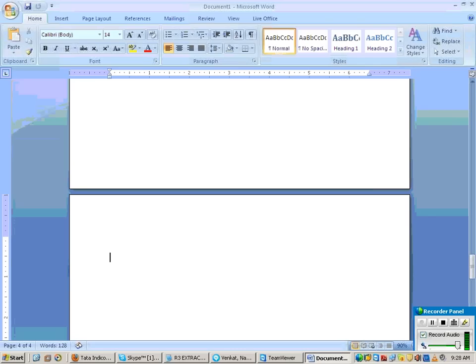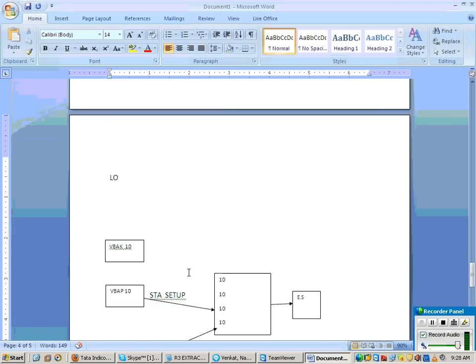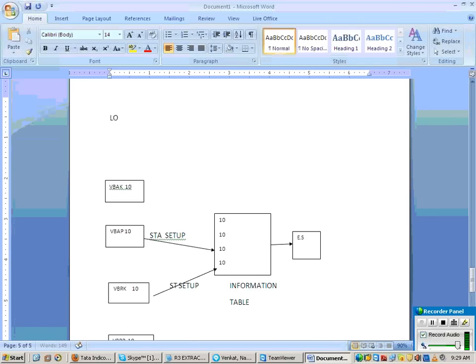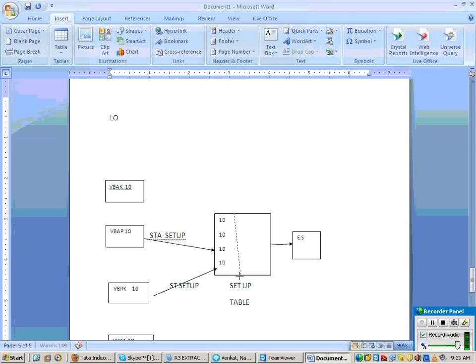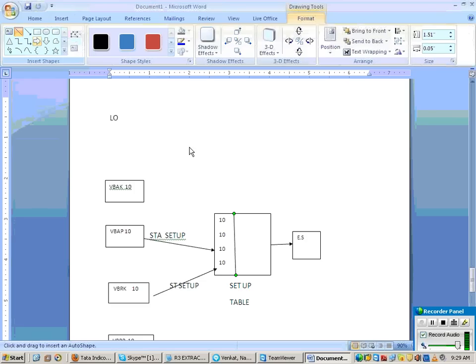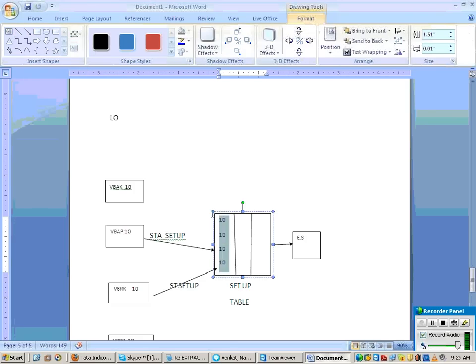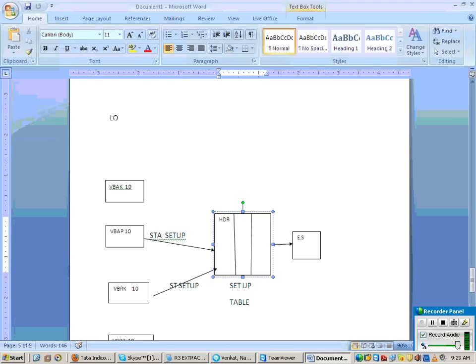So this is for LO. So now what is that? So you have something here called as setup tables, which are already ready-made. But what is the advantage here in the setup tables? You have some partitions in this. Setup tables have some partitions, so let us say something like header part, item part, and what? Schedule line part.